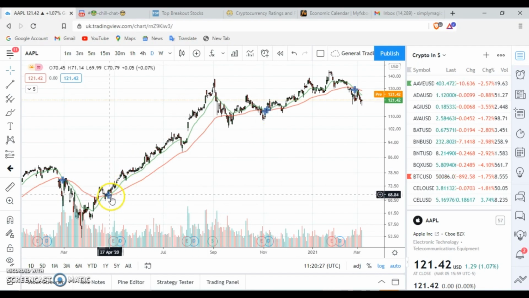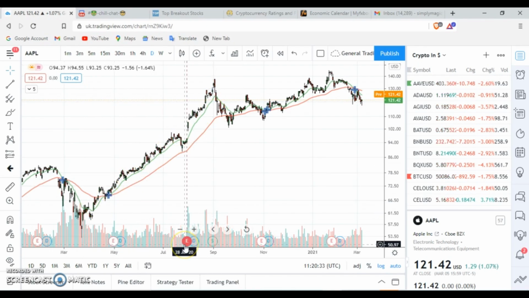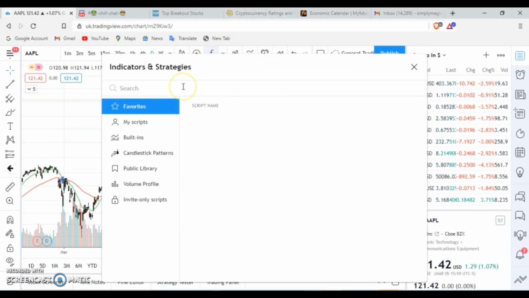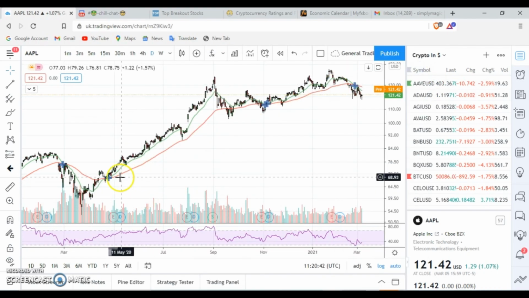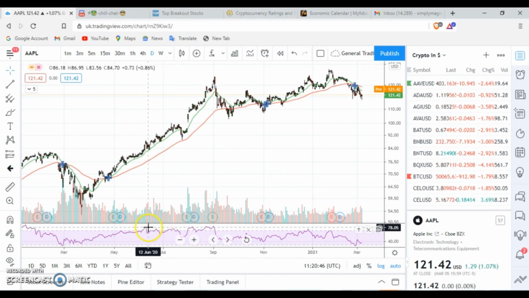I might even sell here, for example. I might buy here, and I probably would have sold here and bought back here and then ridden the next wave, right? If you put the RSI back, you probably get a better idea of what I'm saying. You buy here because RSI is low, and then when RSI is here, which is 80-something, you get out at this RSI level. So you would have already made from $68 to about